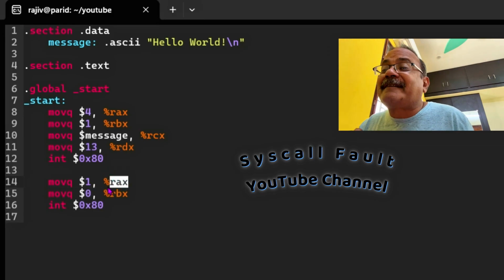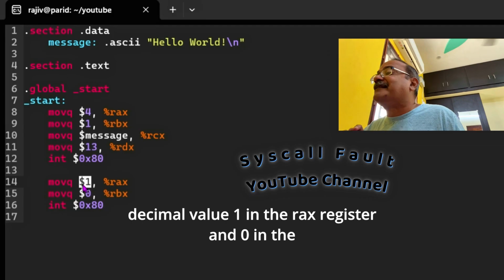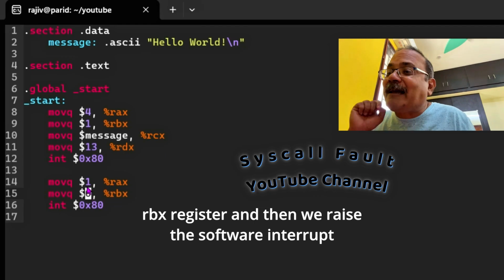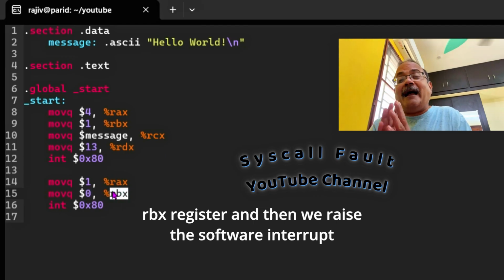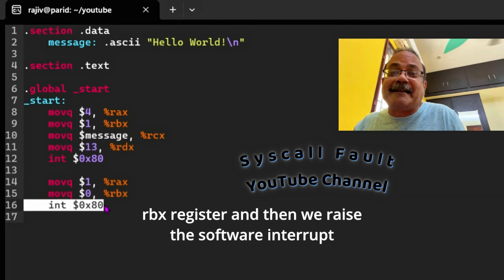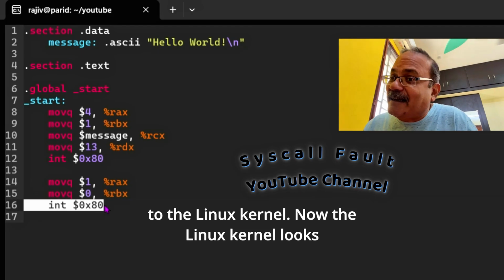So we place decimal value 1 in the RAX register and 0 in the RBX register, and then we raise the software interrupt to the Linux kernel.